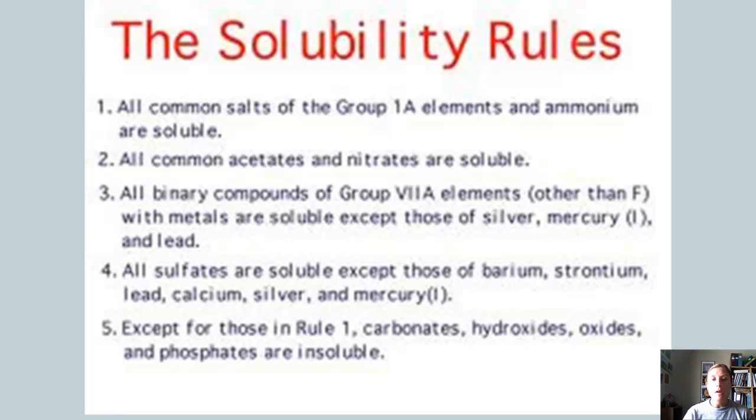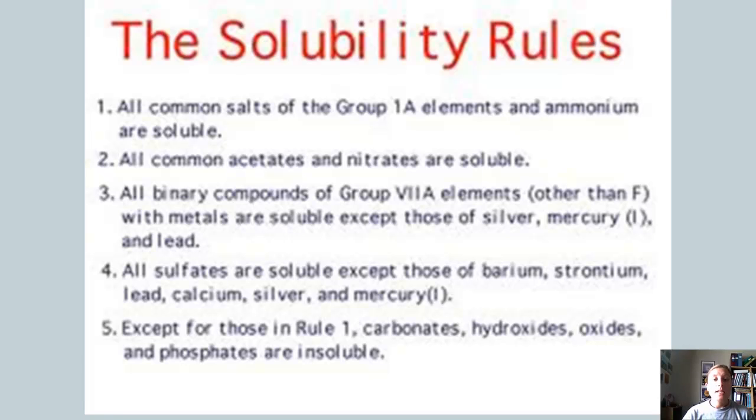All binary compounds of group 7A, so the halogens other than fluorine, with metals are soluble unless we have the metal silver, mercury 1, or lead. In that case, those would be insoluble. All sulfates are soluble, except those of barium, strontium, lead, calcium, silver, and mercury 1. And except for the ones mentioned in Rule 1 with the group 1A elements, carbonates, hydroxides, oxides, and phosphates are